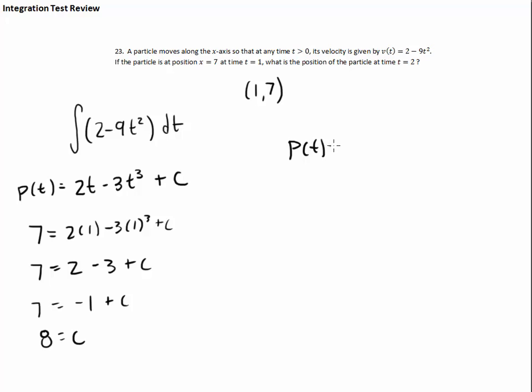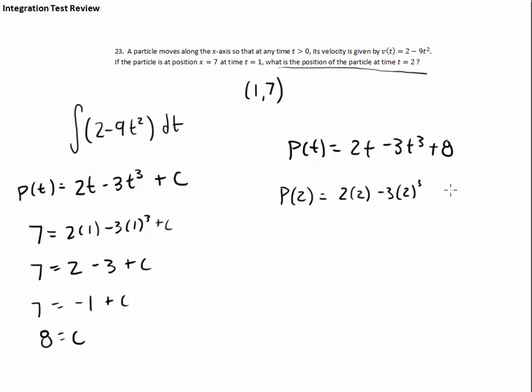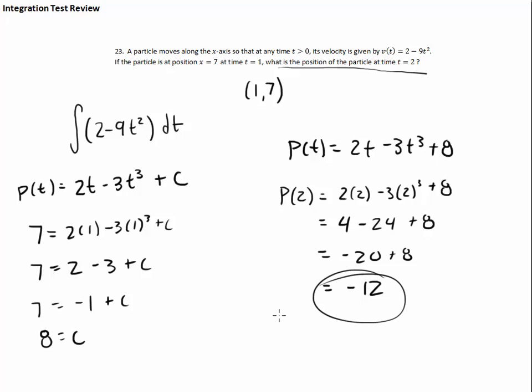So my position equation for this particle that will tell me the position at any time I want is this right here. Now, normally that would be our answer because it usually just asks for the position equation, but this one says where is the particle at t equals 2? So I plug in 2, and we'll figure out where this thing was at time equals 2. So I've got 4, 2 cubed is 8 times that, so it's negative 24. Plus 8, so that's negative 20 plus 8 is negative 12. Okay, so there you go. We are now at negative 12,